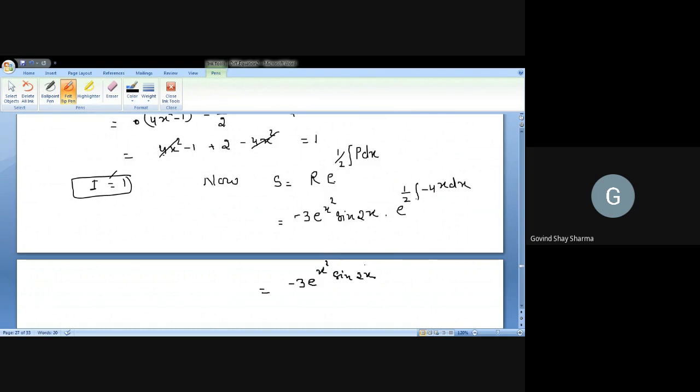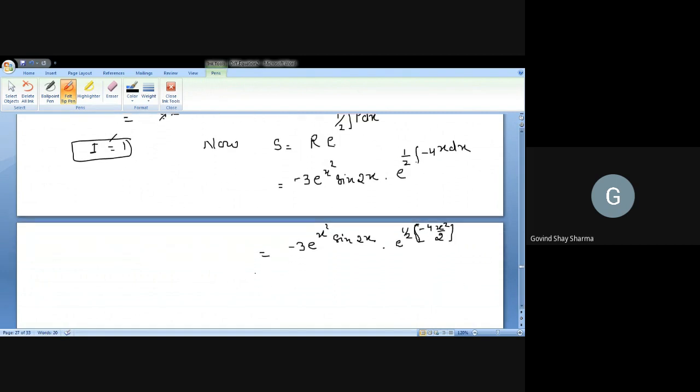e to the power x square sin 2x, this becomes minus 4x square. So here minus 3 e to the power x square sin 2x, the 3 and 4 cancel. This will become minus e to the power x square, and e to the power minus will become e to the power 0. So we get s is equal to